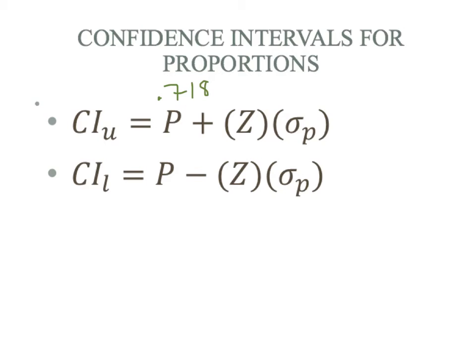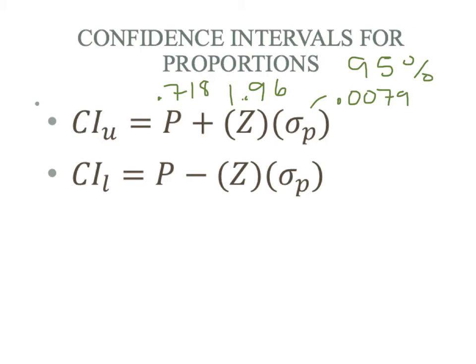0.718 plus z. And so you have to decide, are we doing 95% or 99%? So in this case, I'm going to say we're going to do a 95%, just for the example. So z then is going to be 1.96. So it's the same as it was in the confidence interval for means. It's the same number. And then we already calculated our standard error of proportions is going to be